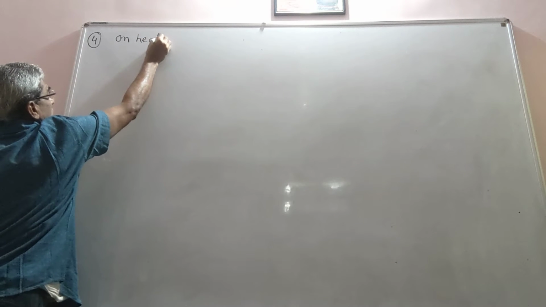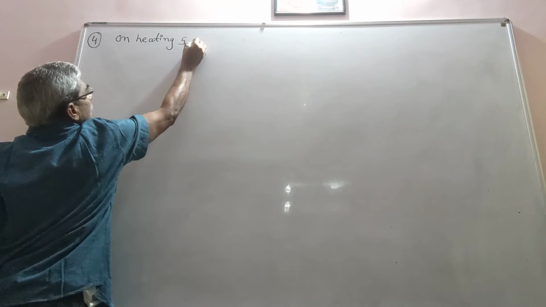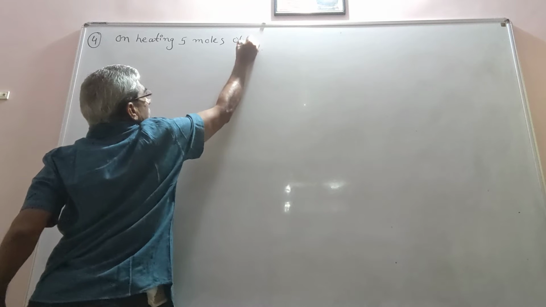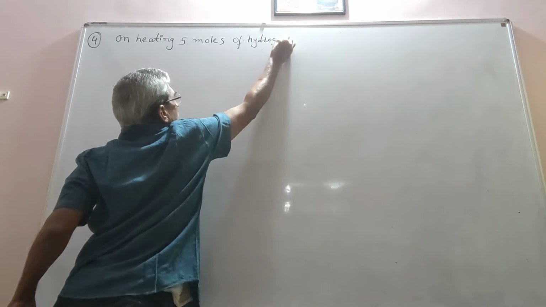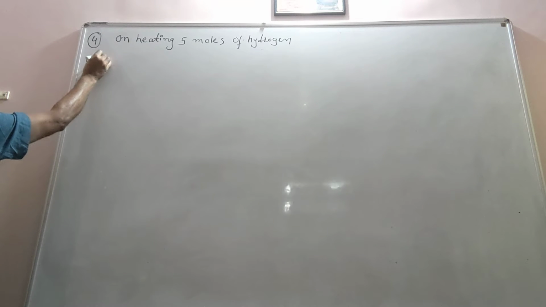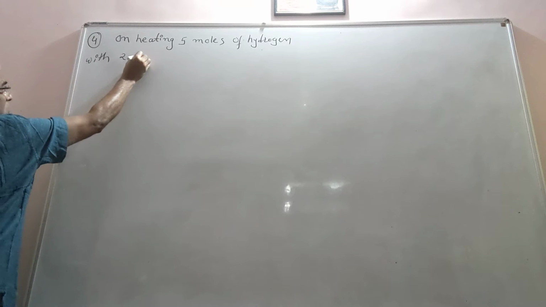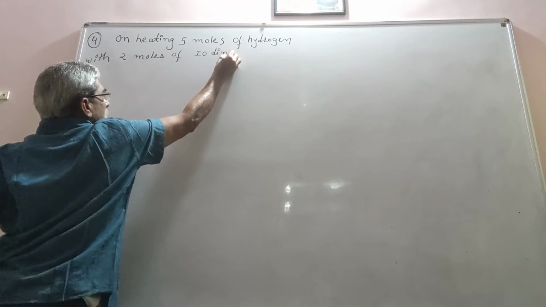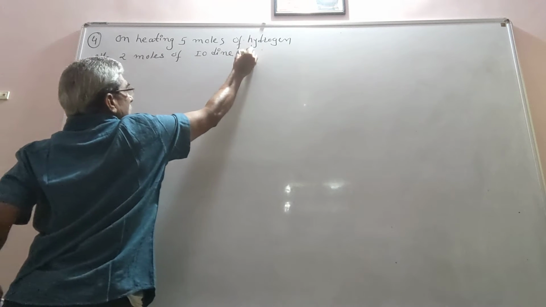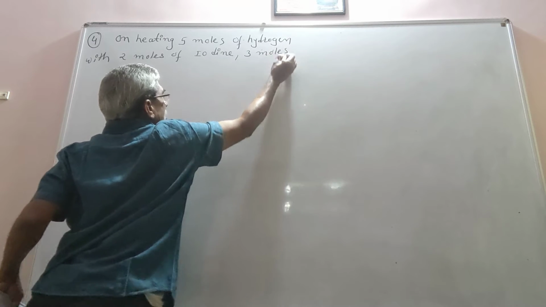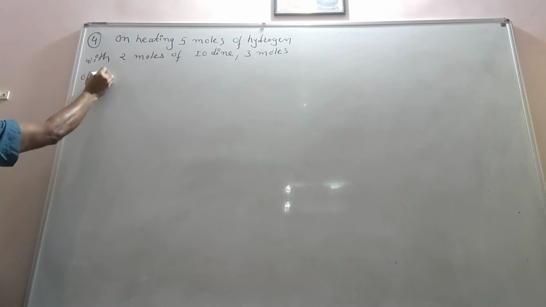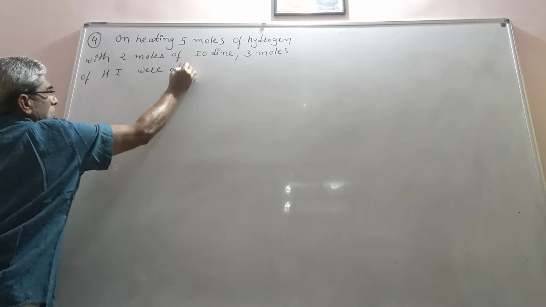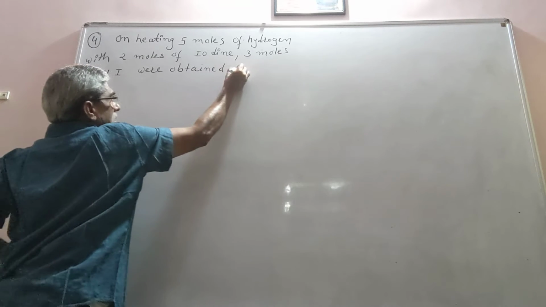On heating 5 moles of hydrogen with 2 moles of iodine, 3 moles of hydrogen iodide were obtained at equilibrium